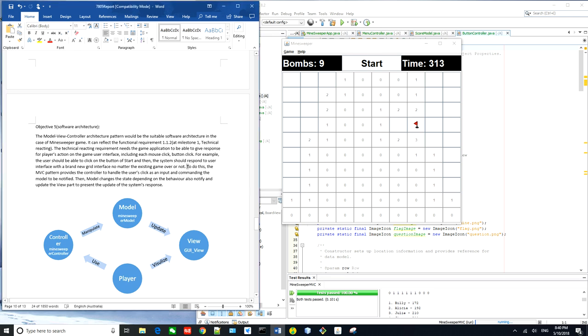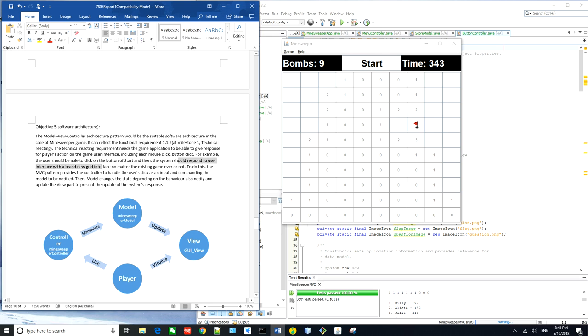This video is continuing to explain the objectives. Sorry about the last video, it was shut down by the Microsoft Expression 4 encoder because I use this screen capture. It can only store 10 minutes. And let us continue. We just talked about the model view controller, and the system should respond to user interface